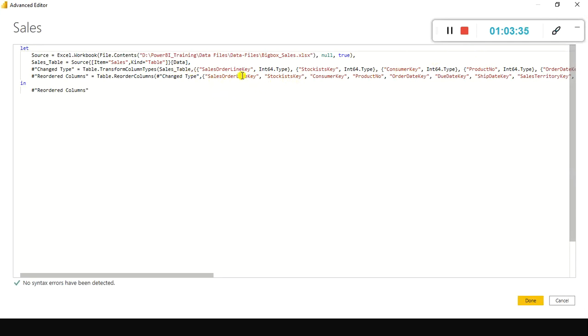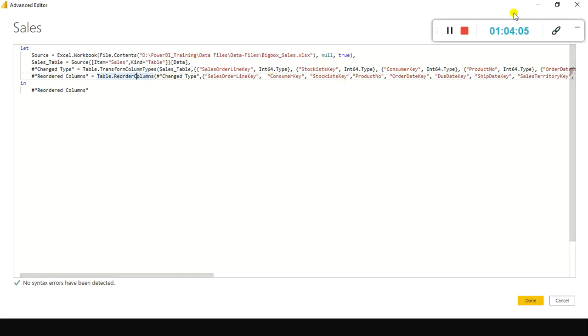Just maximize this. Okay, and here, but you need to do it carefully. So table reorder columns, right? Already I did the reorder once manually. What I do is I just select this one, and then in between customer key and product key it should come here. Okay, so good. So if you wanted to reorder it, the reorder columns function should be used, Table.ReorderColumns. You cannot modify it here itself. Okay, you are not supposed to do it. So you need to use a function called Table.ReorderColumns.